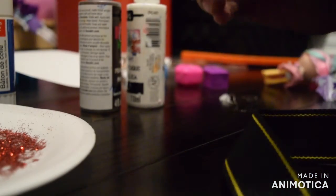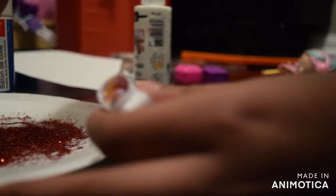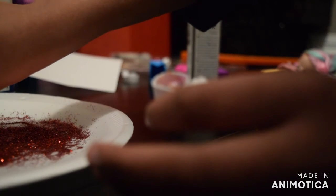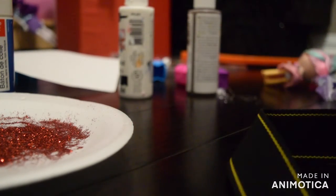When it's dry, I'm gonna start painting it. So I have some brown paint, which I'm gonna put right here. Just don't need that much. I'm gonna mix it with a bit of white, like a tiny bit of white, just because it's a little bit too dark. And then